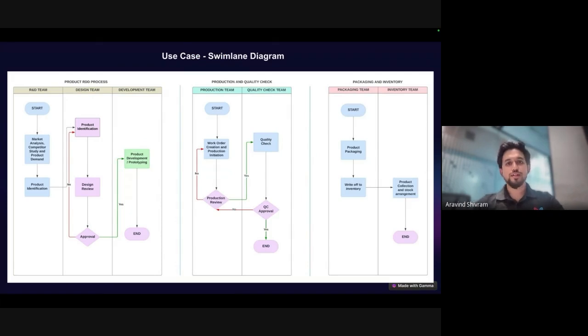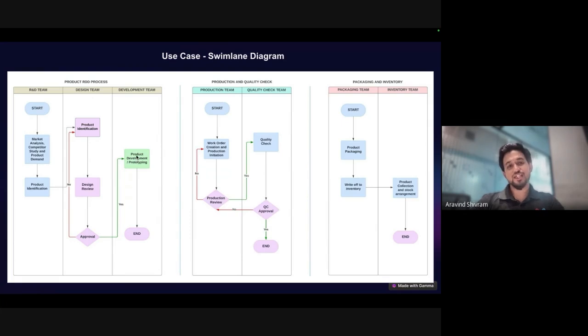And this is a simple swim lane diagram of the different processes that we have in the application. How are they interconnected? Once we get the request to the R&D team, they start with their activities such as the market analysis, the competitive study, and so on. Once that's done and they have the basic guidelines and requirements, they pass it on to the design team, who get the details and start working on the design. Once the design is ready, it is reviewed, and once that's approved, it goes on to the development team for product development and prototyping.